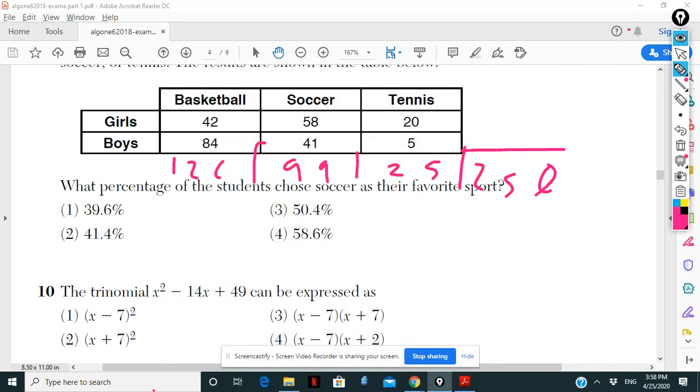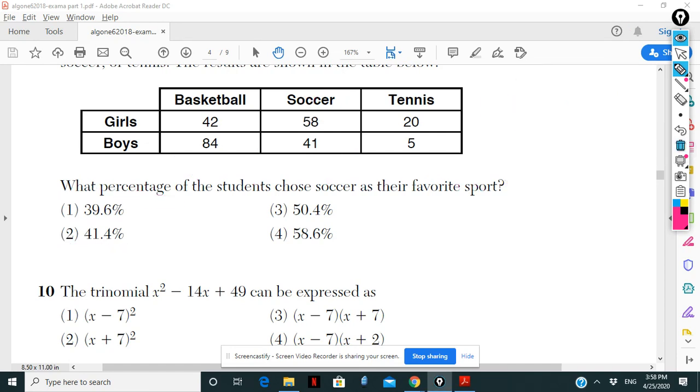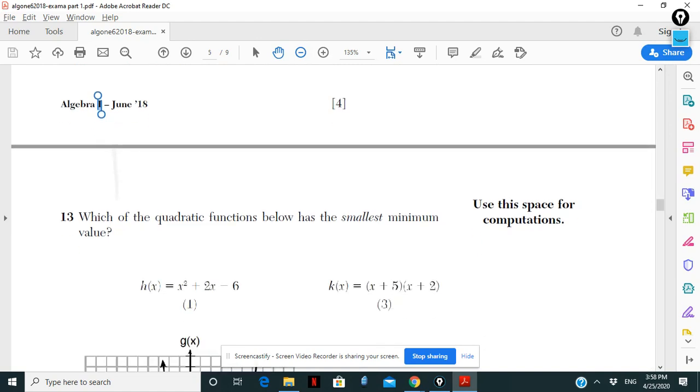250. The students who play soccer is 99. So 99 divided by 250 times 100. It's coming up to 39.6. Now, question number